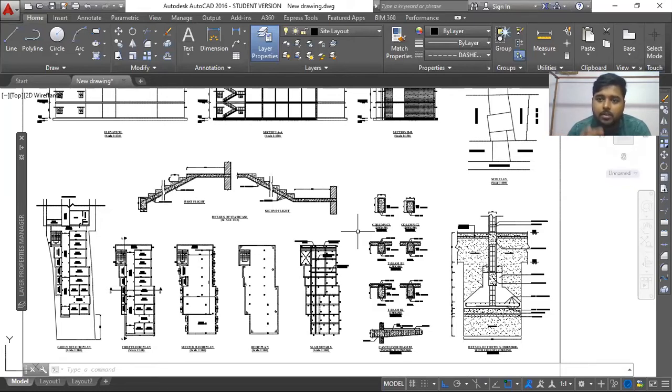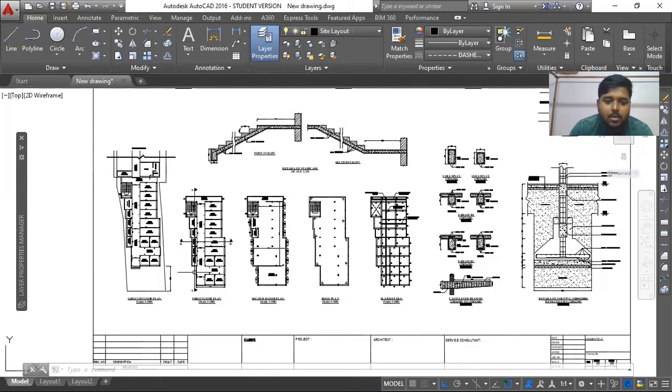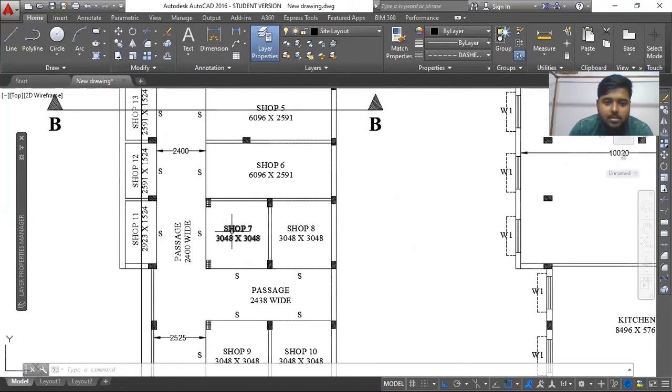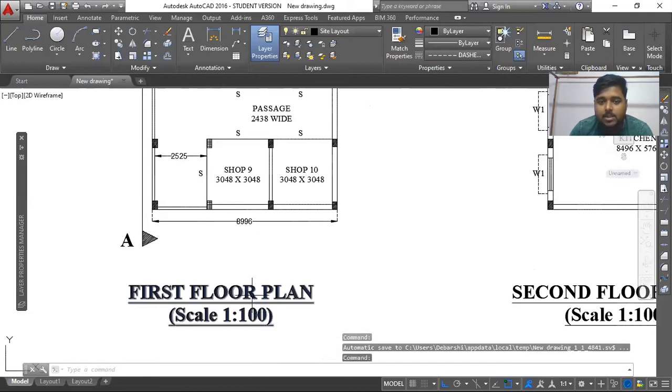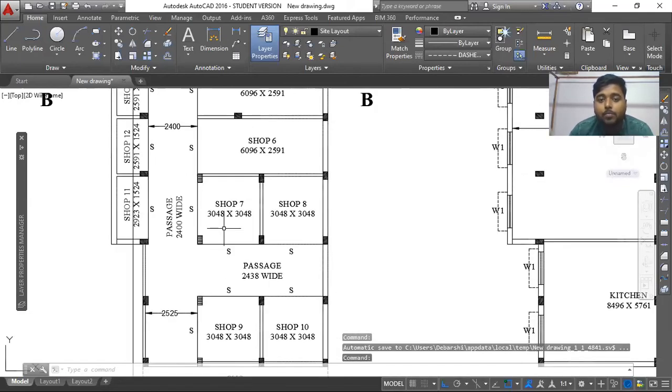If you want to show it in a 2D drawing, obviously you have to scale up. Here you can see this particular shop 7. This is very small, and I want to show the interior detailings of this shop at a bigger scale, to show all the details, how the counter will be there, how the furniture will be placed, how the sofa will be positioned, all the dimensions. So in that case I have to copy it and scale it up, enlarge it, and its scale will also reduce. Like if it is 1:100 in actual scale, if I scale it up 5 times, my scale will become 1:20.